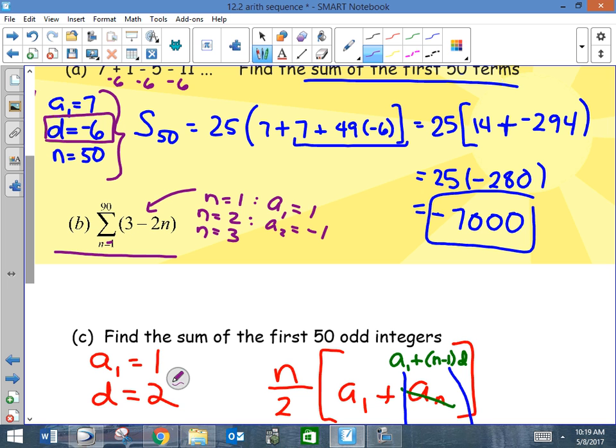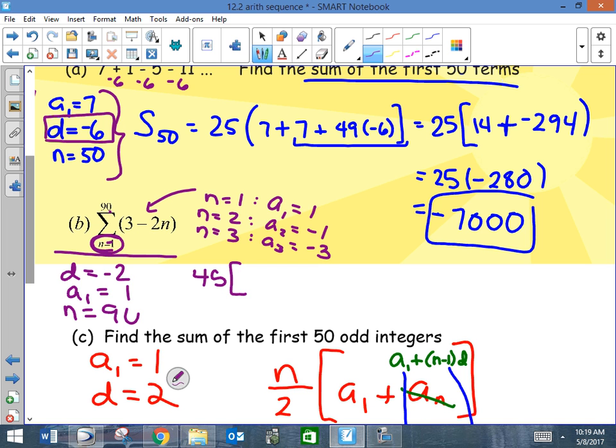Let's do one more, because 2 does not make a sequence, girls. All right, n equals 3. 3 minus 6. All right, is that an arithmetic sequence? Yes. Okay. D is negative 2. A1 is 1. We are looking for how many terms? 90. Again, if this starts with 1 and ends with 90, you are going to count to 90. That's 90 things. So then you're going to say, all right, n over 2